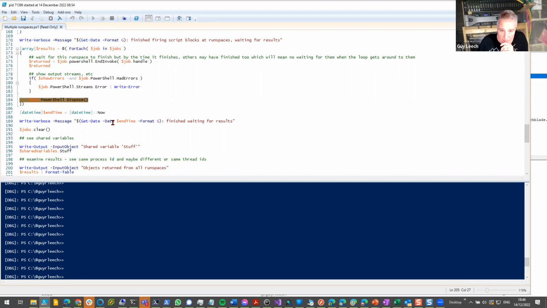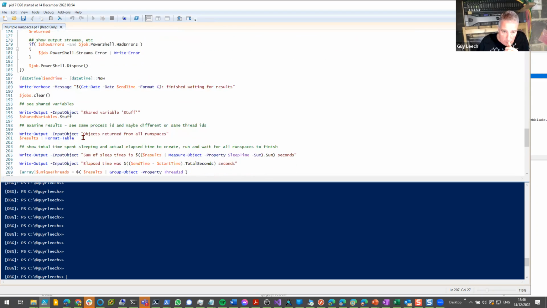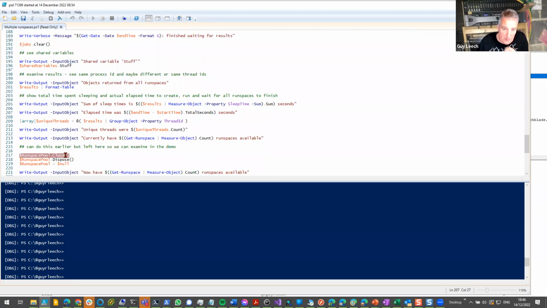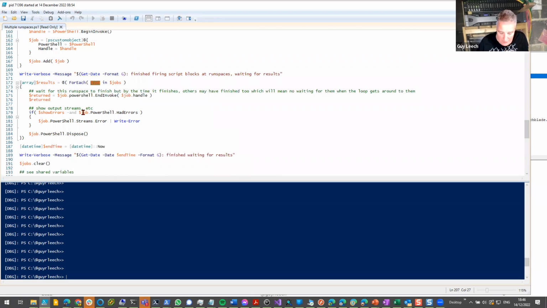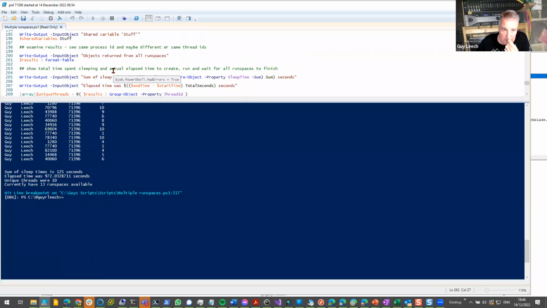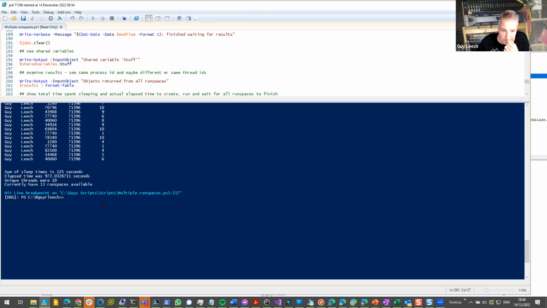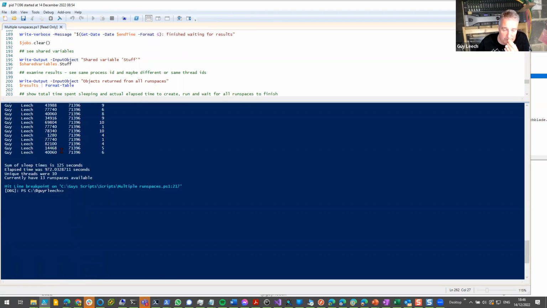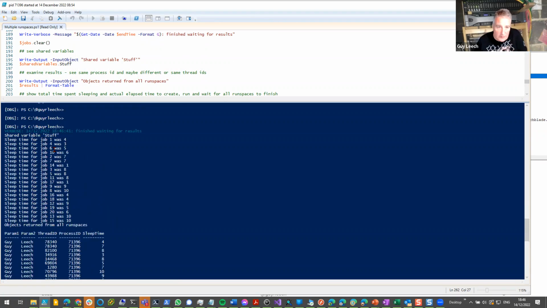I've got some verbose data here, and let's actually put a breakpoint in down. Where should we put it? Oh, I've got a breakpoint there already, so I can just F5 it, and this is where we get some output. So I'll try and tally that up with the script. So you can see here's the shared variable stuff. Oops, managed to click away from it, sorry. So this is the variable that's being added to